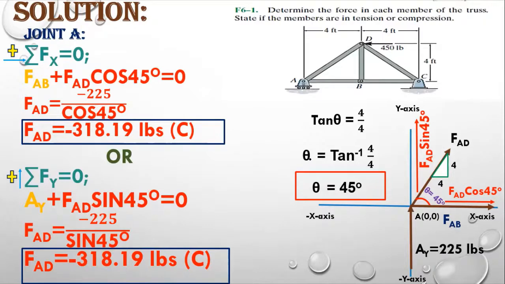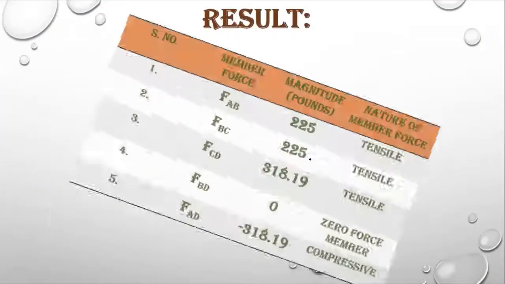After that, you have calculated all 5 member forces, so only one equation is required in joint A. If you want to sum up horizontal forces, you can go for that. If you want to sum up vertical forces, you can go for that. So we are moving towards the next slide, and we have already calculated all 5 members, so the question is over. Now we have to write down the result here.